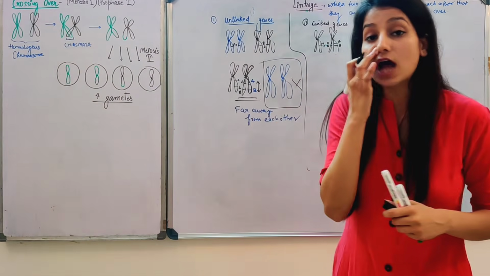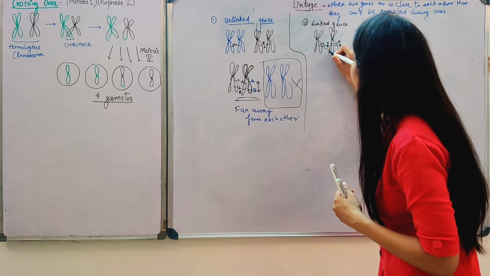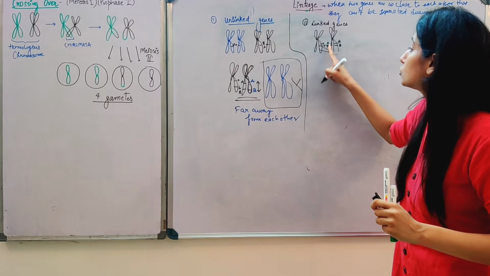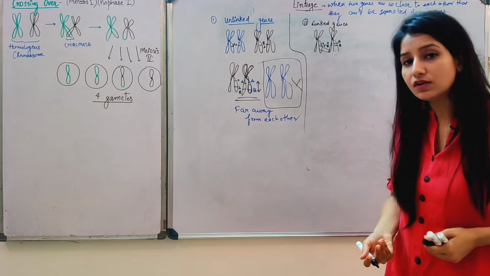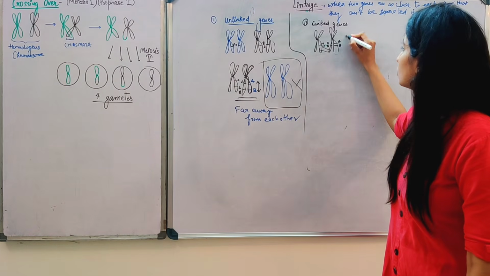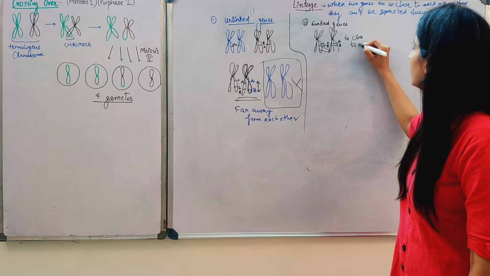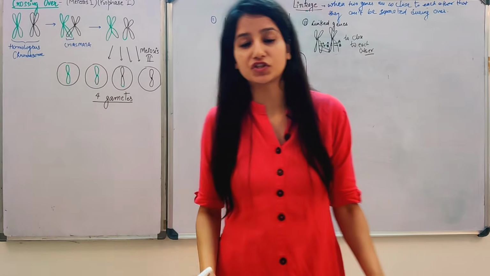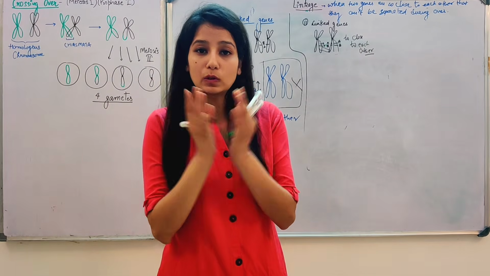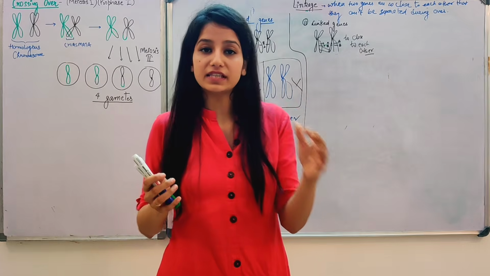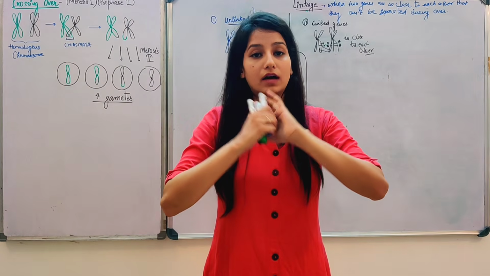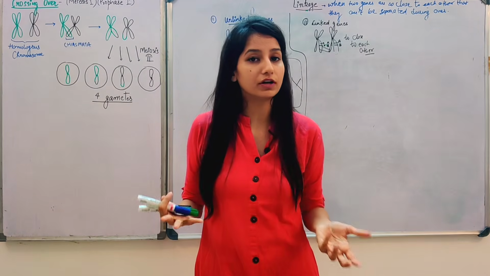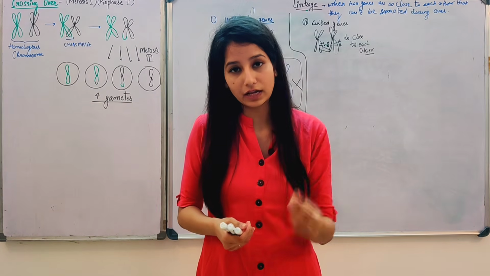Here the genes are so close to each other that even if the crossing over occurs, these two genes won't get separated. Why won't they get separated easily? Because they are too close to each other. In simple sense, this is what linkage is: if two genes are very close to each other, they are linked together and can't be separated from each other. And if they are arranged at a very far distance, they will be easily separated. And if they are present on different chromosomes, then there is no sense of linkage.